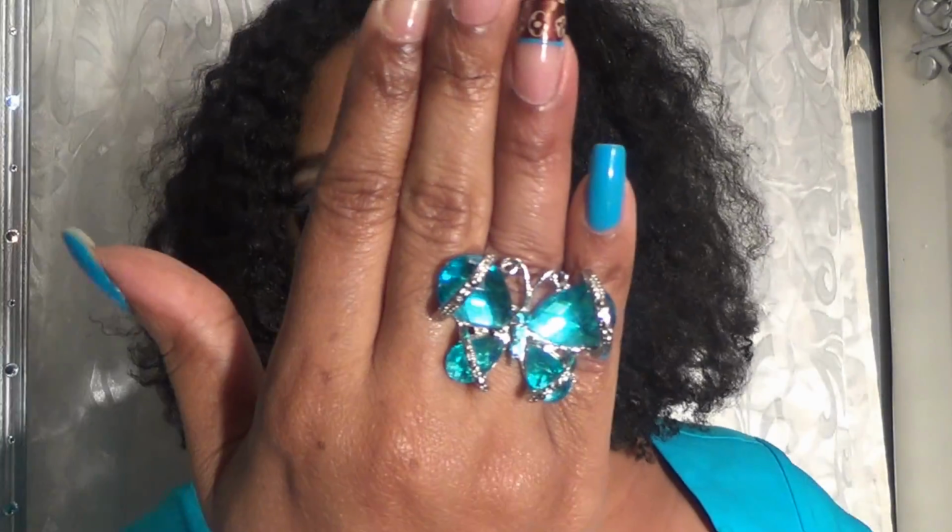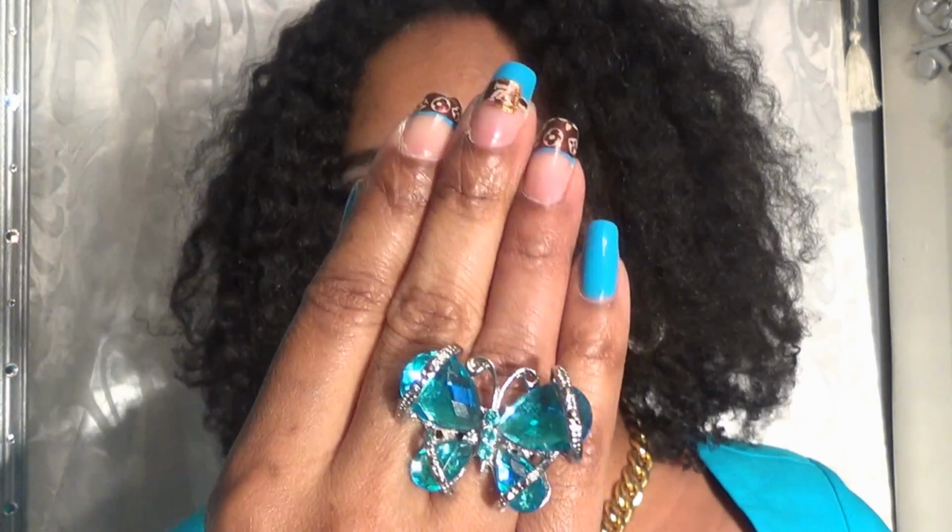So I decided to put it on with my Louis Vuitton accents today, and the rest of my accessories are gold. And I'm sorry I have my shoes on. I'm going to have to take one of my shoes off in a second and show you the shoes that I have on. But the jewelry today, I kept it gold. On this hand I have a diamond ring my husband bought me, and also on this hand I have the turquoise butterfly ring that I purchased at my local beauty supply